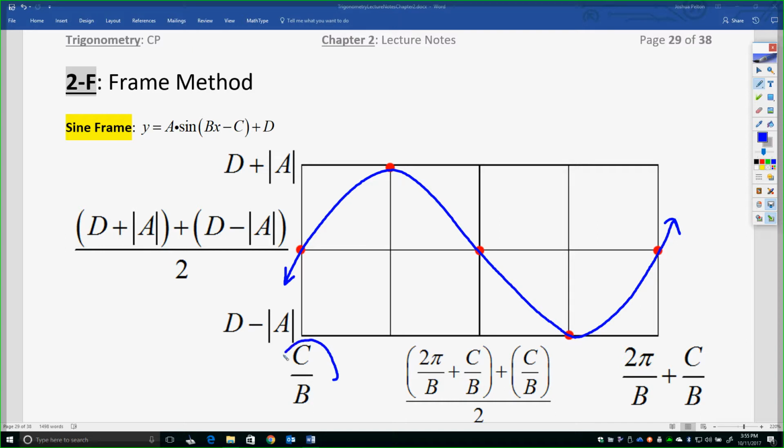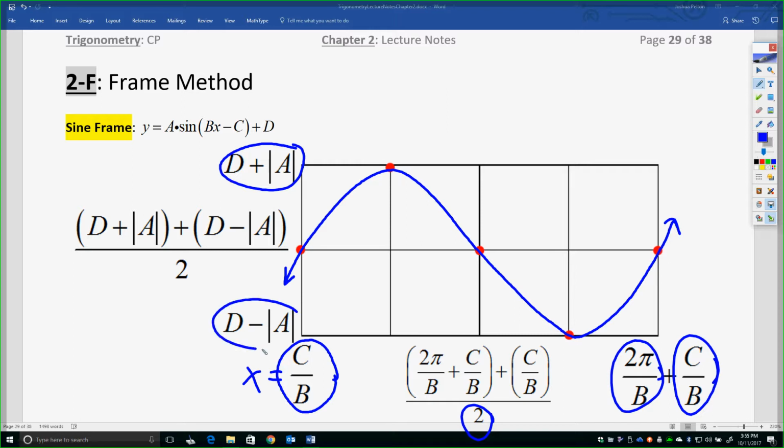So first, the starting point is the phase shift formula, which gives you your x equals. The endpoint is the period plus the starting point, which makes sense. It gives you how long it is plus where you started. And then halfway between that is the midpoint of the sine function, and then the d value, or the vertical shift, plus the amplitude, and the vertical shift minus the amplitude, which is the absolute value of a, will give you the top and the bottom of the function, and then halfway between that is the midpoint, or the new axes. Okay? And they're all premised on the fact that sine can be written with a, b, c, or d,